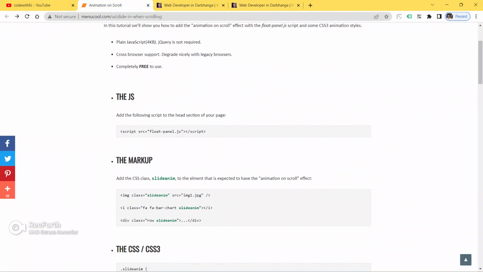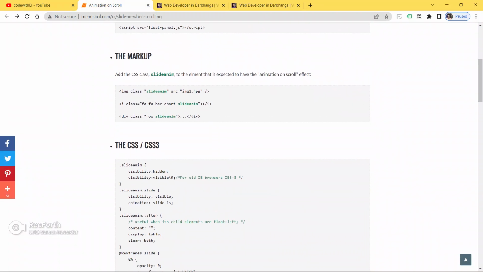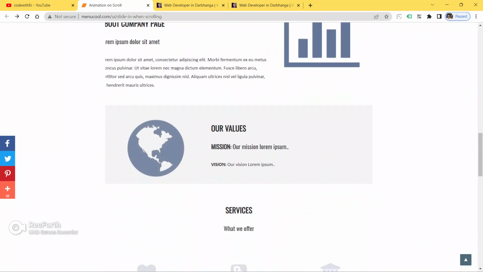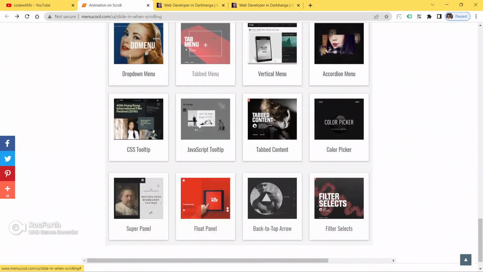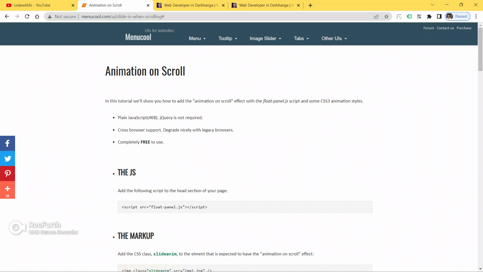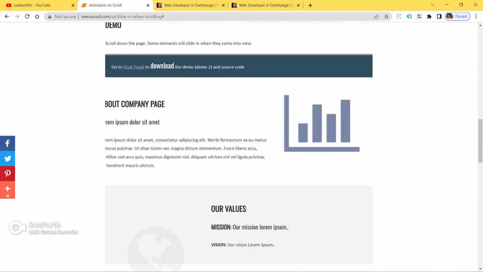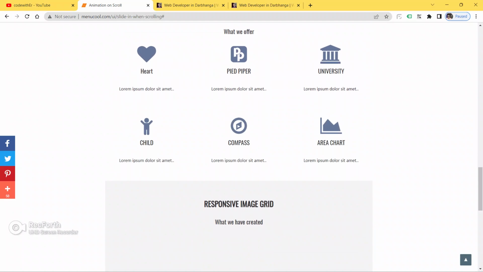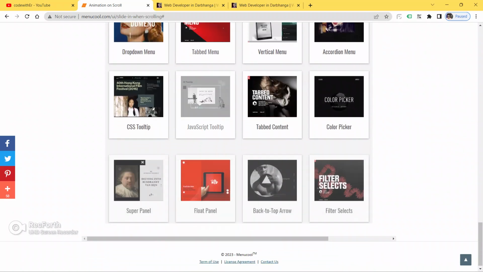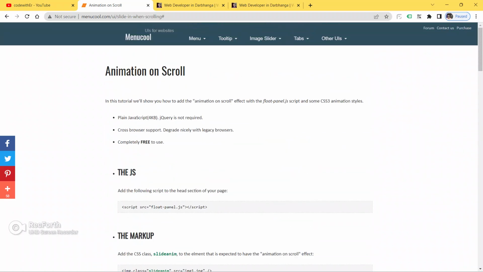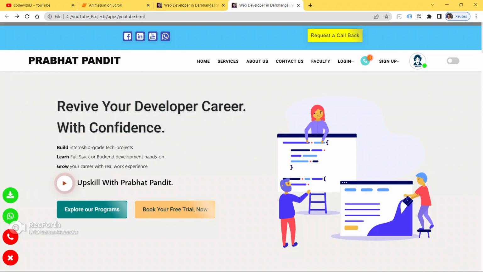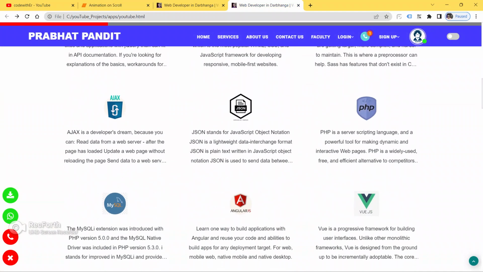This is floatpanel.js. This is the JavaScript we are going to use in our website. As you can see here, the content is coming from bottom to top, so we are going to apply this effect on this website.